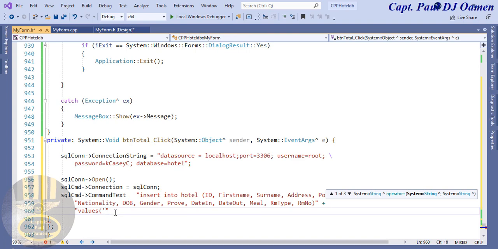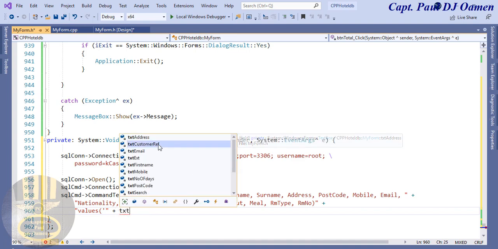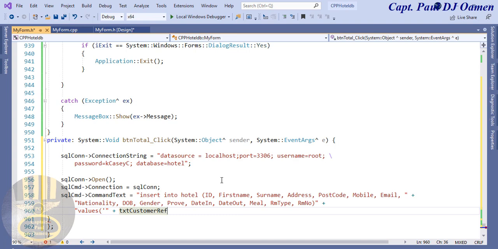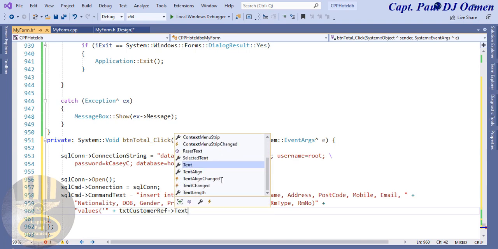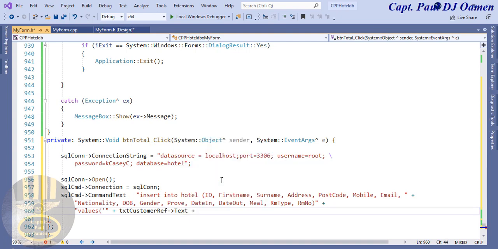We enter an apostrophe and a speech mark, and the first one is going to be plus txt customer ref dash text, and we enter plus, speech mark, then an apostrophe, comma, an apostrophe, speech mark, and the next one is going to be